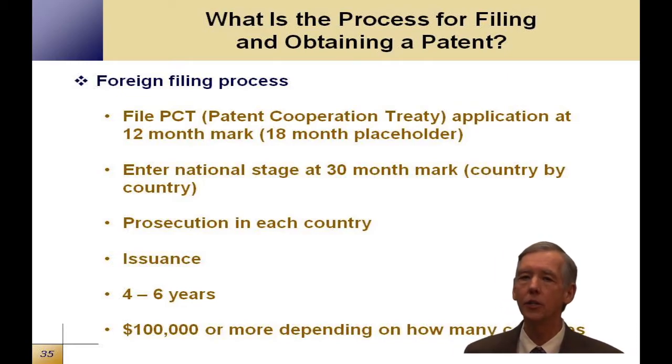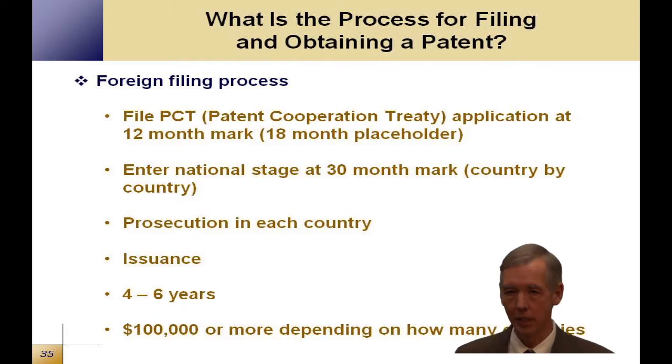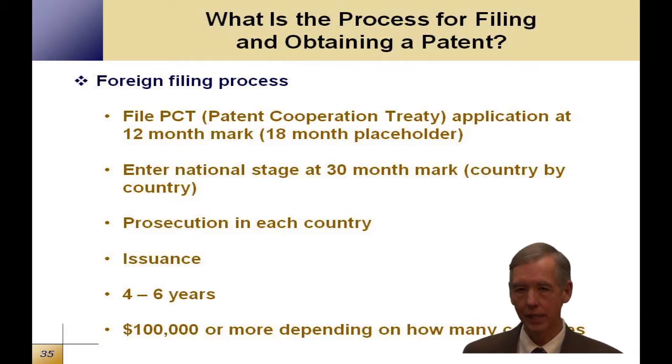There is a treaty with 100 countries or more signed on, all the major countries of the world, and a single filing at the 12-month mark serves as an additional placeholder for another 18 months. Patent rights are in place and patent applications are pending, in effect, for all of those countries around the world. This is really useful for the university because if we need more time to find a licensee company, that gives us up to a total of 30 months to find someone who will support the costs of the patent and sign up for a license agreement with the university.